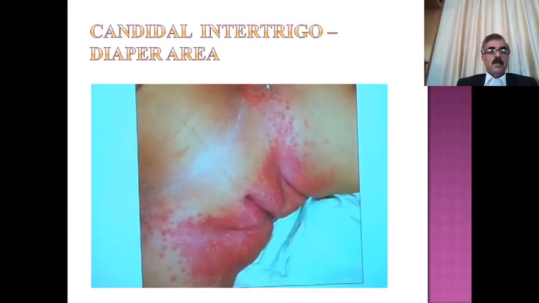In this picture we can see a diaper rash because of candida. We can see these small satellite lesions. They are small papular lesions along with the main rash, so it gives us a clue for candidiasis. So we have to treat this patient with topical